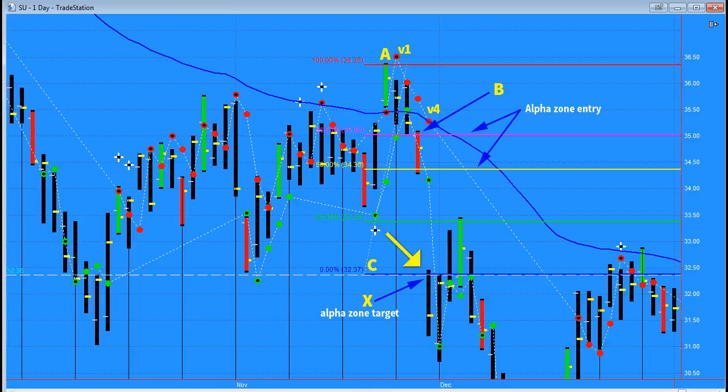So we have a high probability of taking partial profits at our quad target at X, quad level at C, and enter short with a stop placed some distance above A, and a second order to cover shorts on the thrust down to the alpha zone target at X. We cover 3 of 5 units or 2 of 3 units and try to manage the core for outlying trend-based profits.